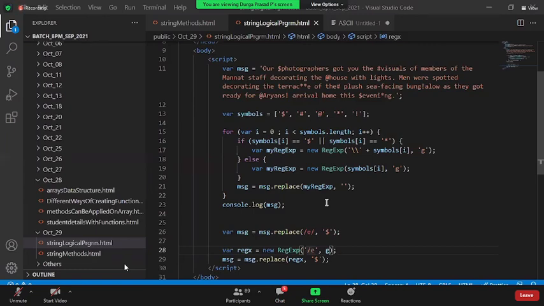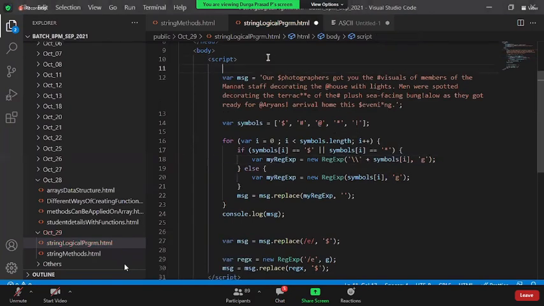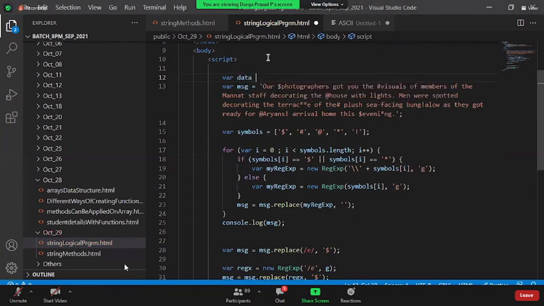Actually, what I need to do is put a single slash. But when I put a single slash, it is going to work as an escape for inverted commas. Let me show you. I say var data is equal to hello.